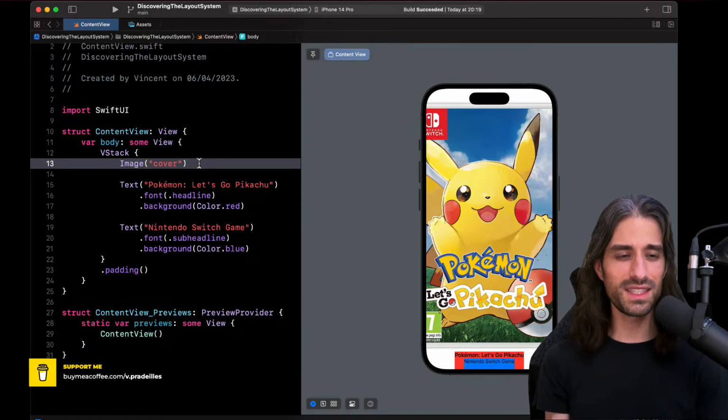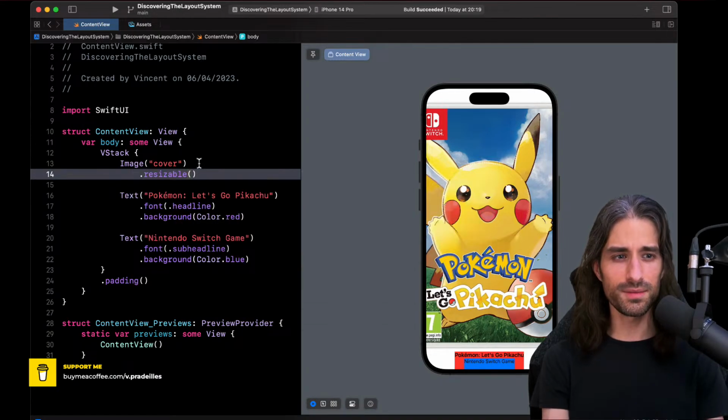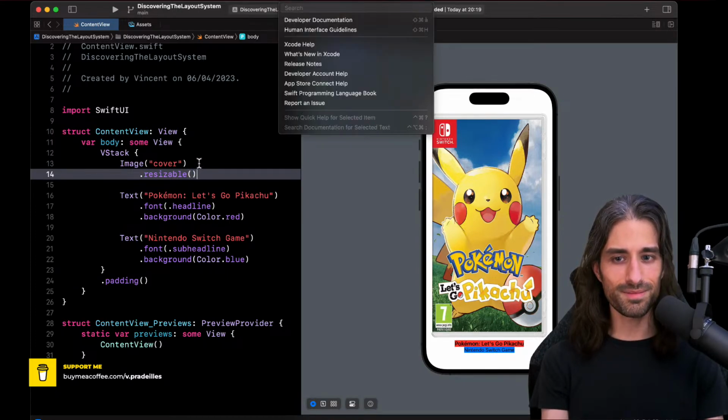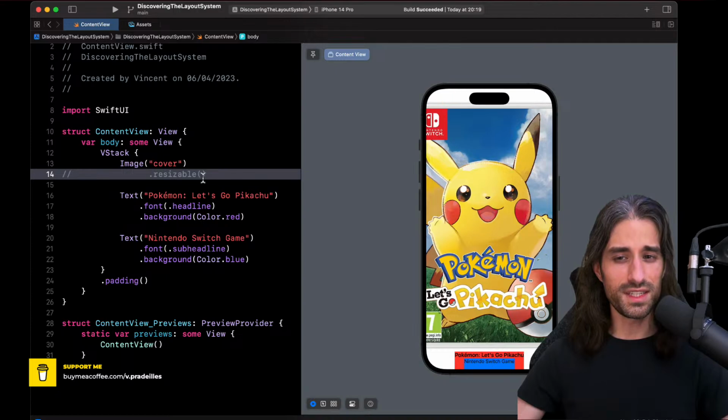Okay, so of course this is not what we want. So how do we make the image behave? There are a few things we need to do. First one is to call resizable on it, and it will completely change the behavior of the image. So without resizable, the image would take all the space it needs to draw at a 100% zoom level, regardless of whether that space was actually available or not.